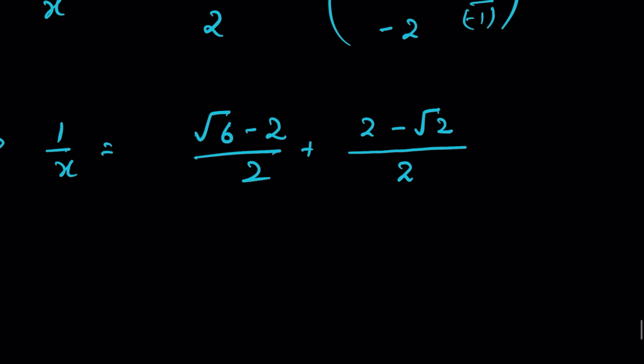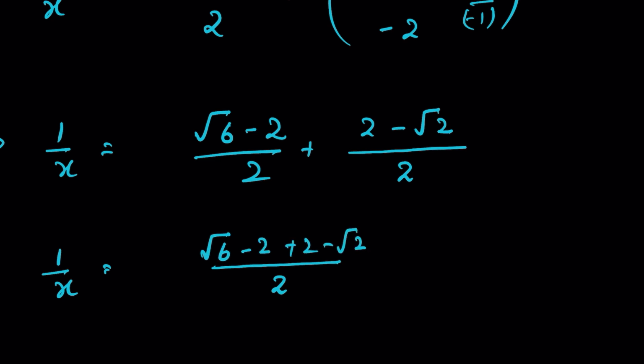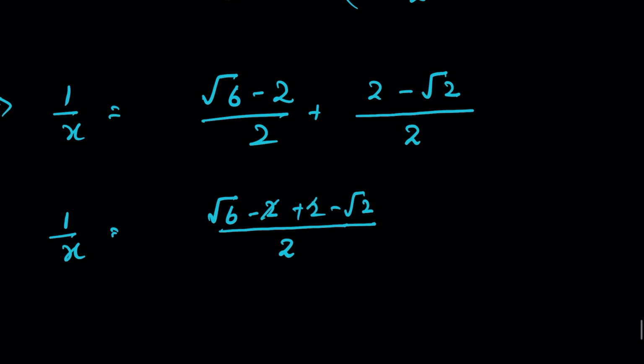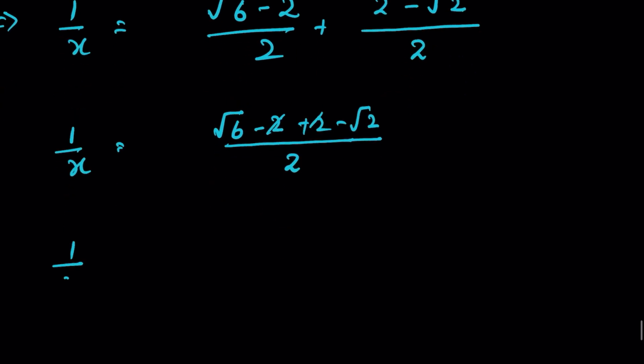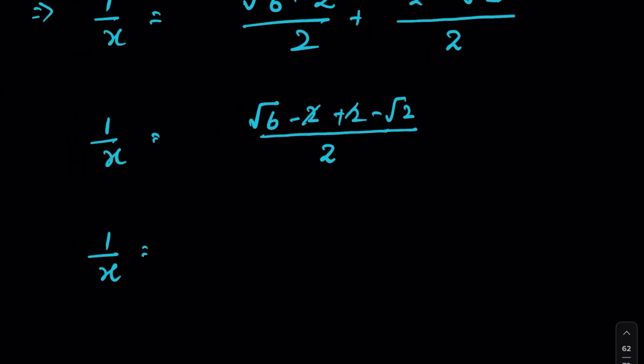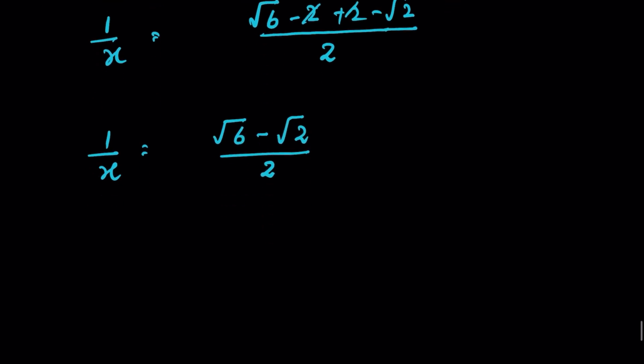Now 2 is the common denominator, so 1 upon x equals to square root of 6 minus 2 plus 2 minus square root of 2 upon 2, minus 2 plus 2 gets cancelled. 1 upon x equals to square root of 6 minus square root of 2 upon 2,